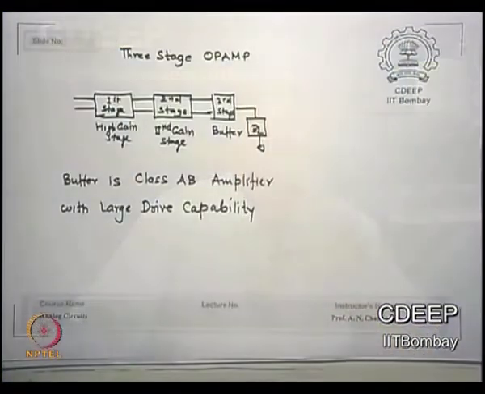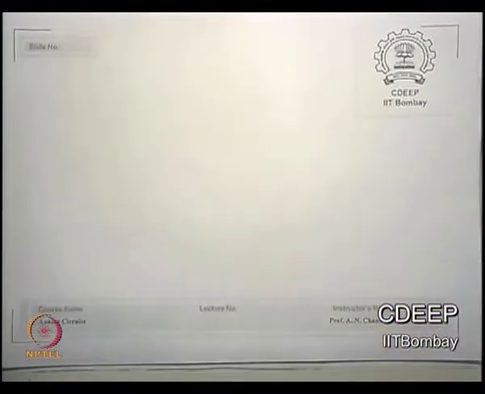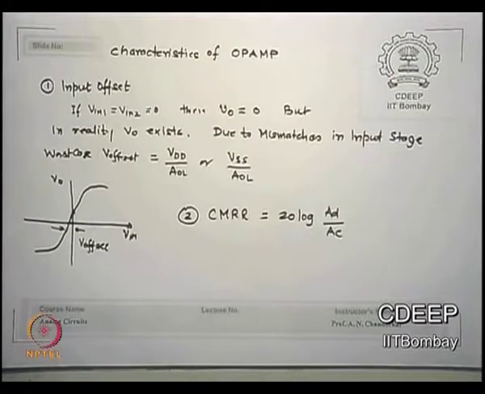So the open loop gain is 10 to the power 4, 5, maybe higher than 5 sometimes. Is that correct? These are the features which we are looking into in an operational amplifier. Some of the characteristics which you all have done in the lab, hopefully, I will just list them. The few things which are of interest in knowing the characteristics of an op-amp, the first and the foremost worry